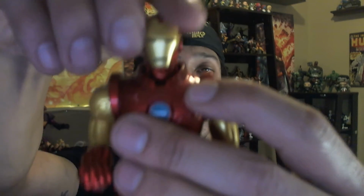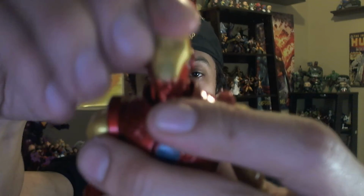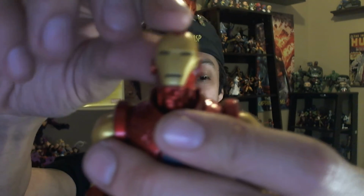Let's talk about the head. So the head, oh god, I'm terrified to try to take it off. This is a really expensive figure, so I'm terrified. It goes back and forth. We've got some cool pivot motion up and down. Turn side to side, pretty nice. If I remember correctly,